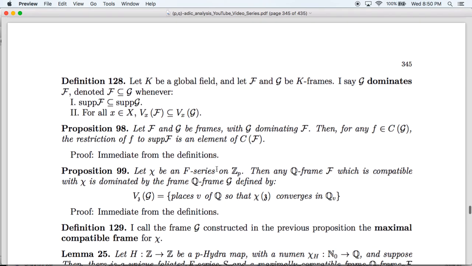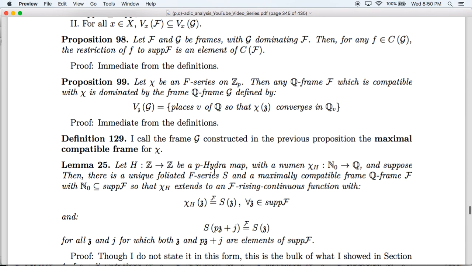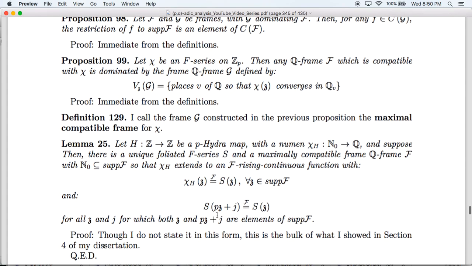And in general, it's going to be a thick frame. And so with this, we have the following. Let H be a p-hydramap with a Newman chi H, and suppose there is a unique... Then there's a unique foliated F series and a maximally compatible Q frame F whose support contains N0, so that our Newman extends to an F rising continuous function, which is precisely equal to the F series on the support of F, subject and